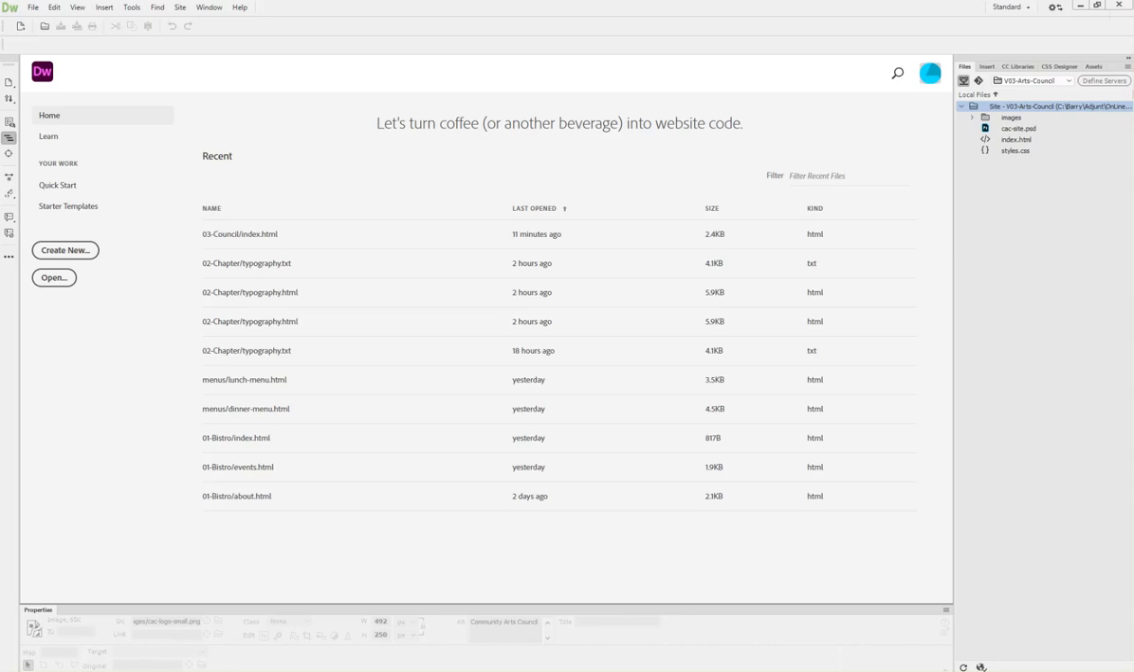So we have a project over here that I've created called the Arts Council. And remember, I'm labeling them differently as I am working on my home computer as well. So we don't have to worry about that. So the very first thing I'm going to do is open up